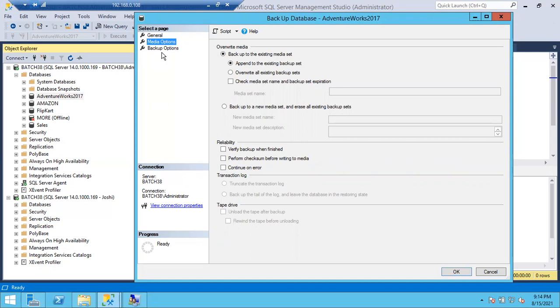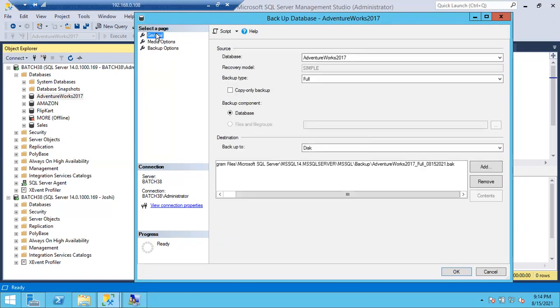Let me explain this thing. It is important. If you create a backup with the same name, again, can I take the backup to the same location with the same name?